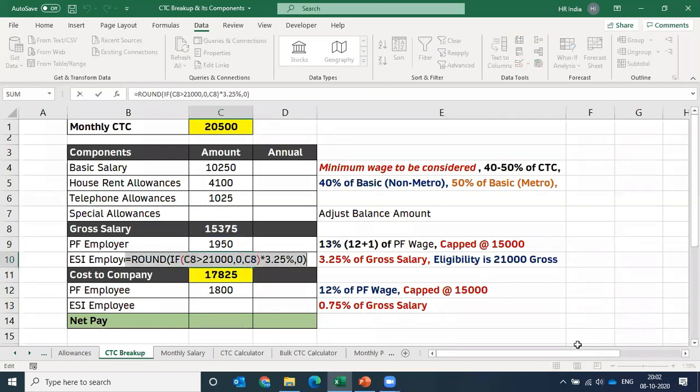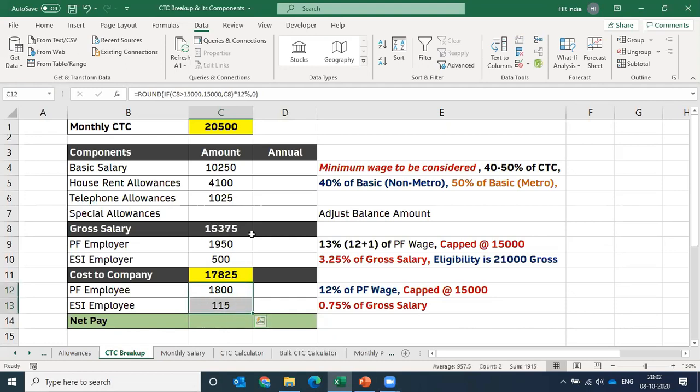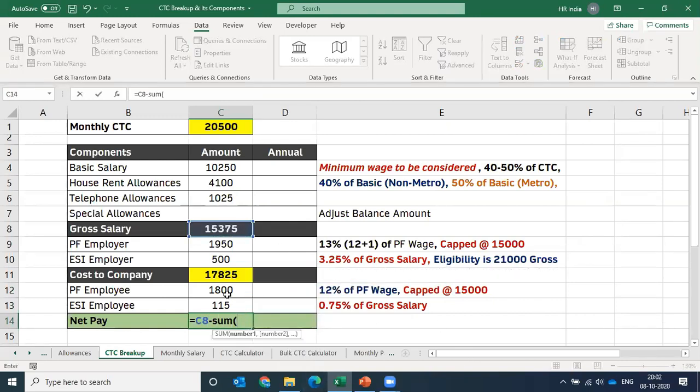We'll do the same thing for ESI also. Copy the ESI formula from the employer cell, come back to the employee cell, paste the formula, and change the rate of contribution. What is the employee's rate of contribution in ESI? It is 0.75%, right? We have calculated the ESI of the employee as well. So it means that we have calculated the deduction parts of the employee that will be deducted from the gross salary of the employee. Once we deduct the employee's contribution from the gross salary, we will get the net pay. So simply add in this formula: gross salary minus all employee deductions, and we get the net take home salary